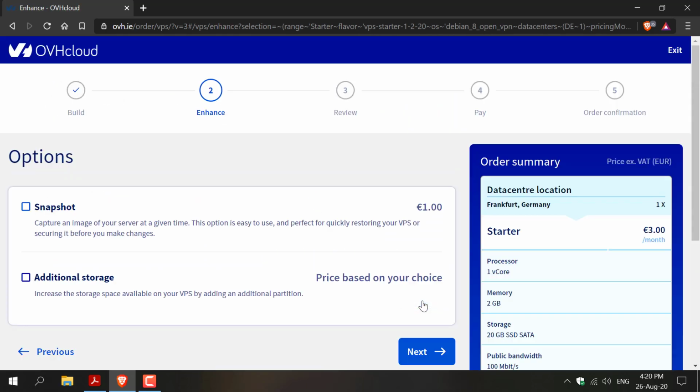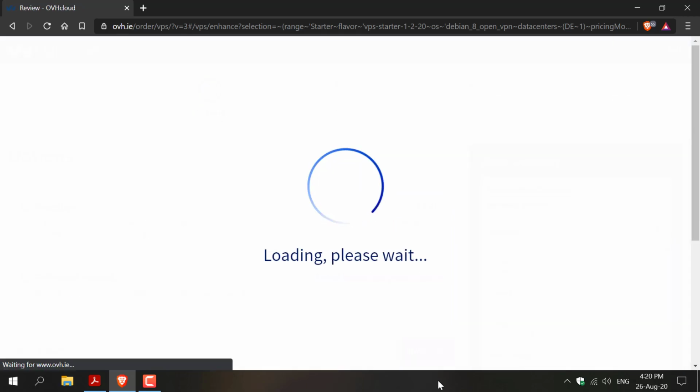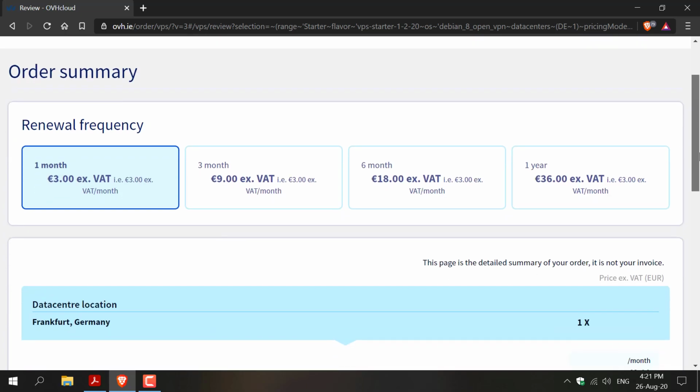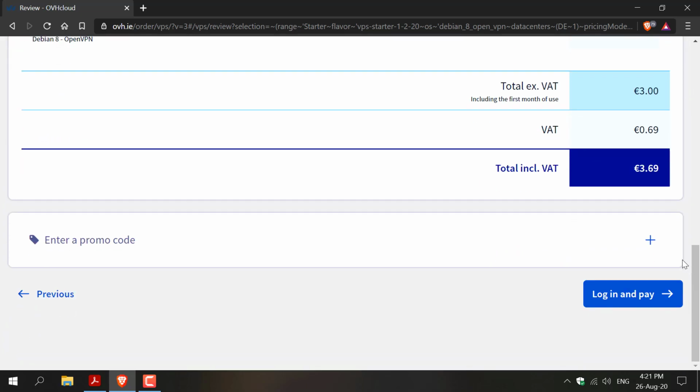Click Next. You will now be brought to the options page where you can enhance your VPS experience by adding snapshots or additional storage. I'm not going to add any of these features and I'm simply going to hit Next. You'll now be brought to the page where you can review your order summary and specify the renewal frequency. For this video, I'm just going to go with 1 month